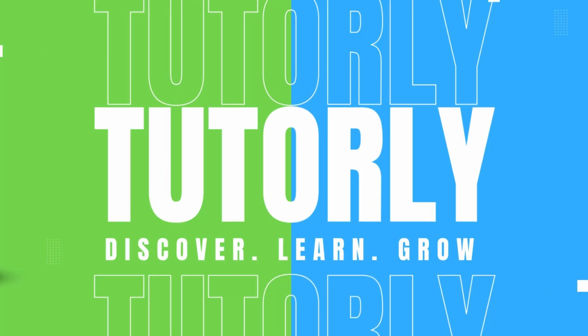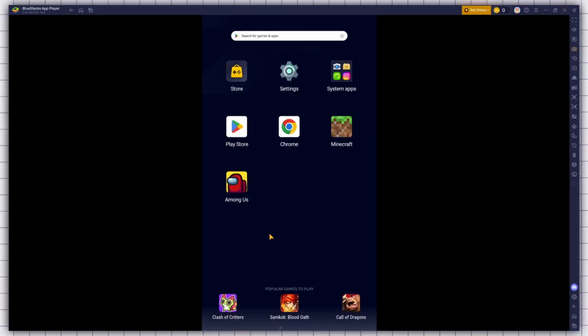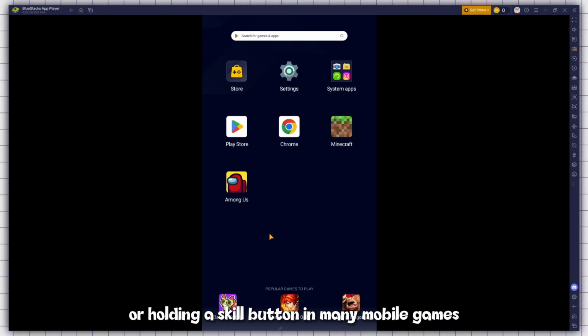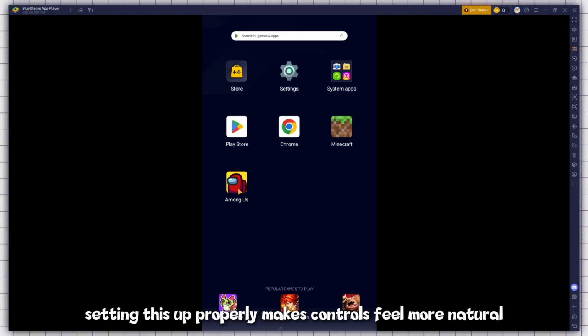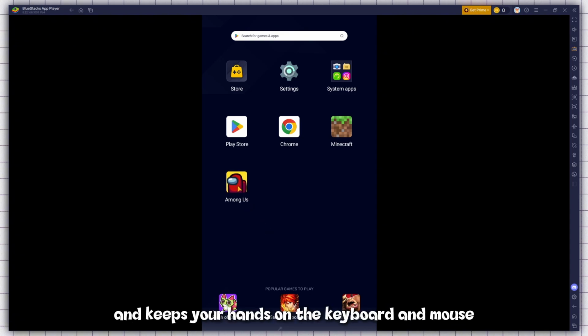In today's video, I'm going to teach you how to add a hold button in Bluestacks 5. A hold button lets you press and keep a key active, just like holding shift to sprint or holding a skill button in many mobile games. Setting this up properly makes controls feel more natural and keeps your hands on the keyboard and mouse instead of